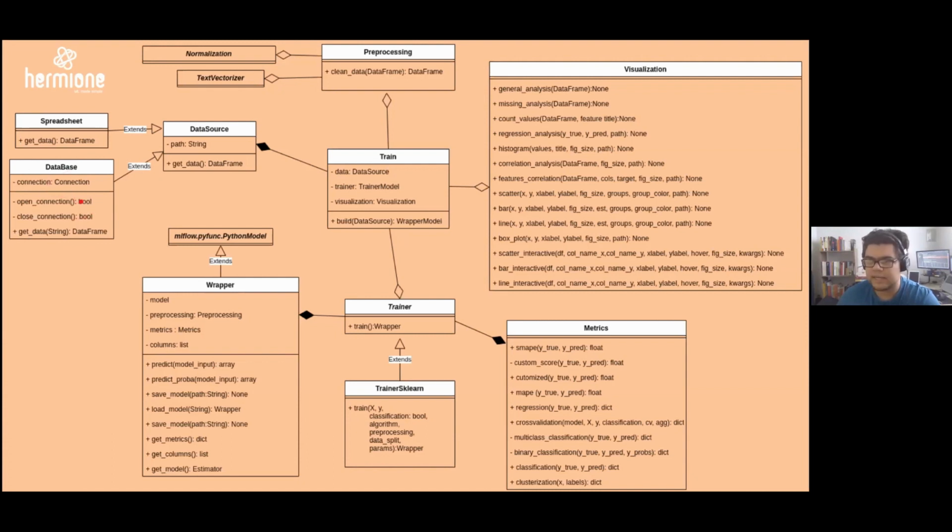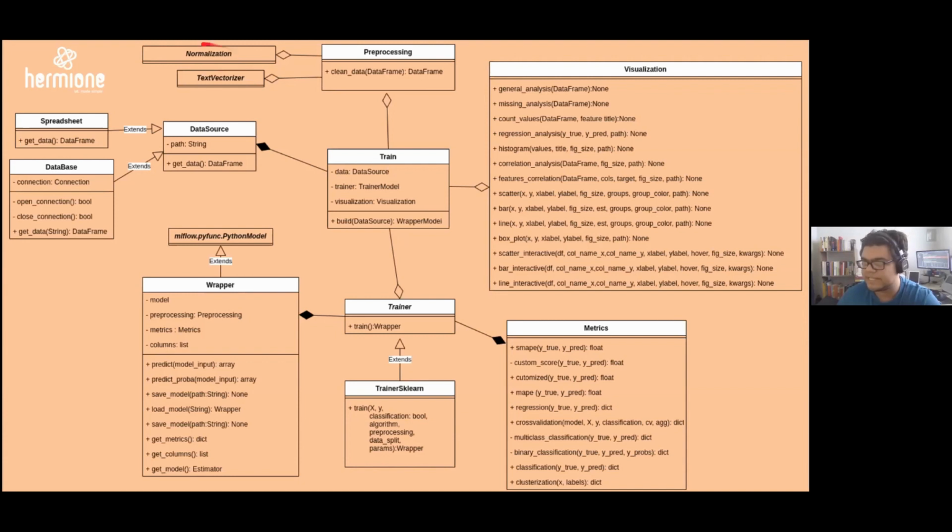Okay, so besides data source, we have another very important class, that's pre-processing, and all the pre-processing steps should be coded inside this class. So all the methods that you have, you can call this class and its methods to do it. I'm going to show you right away how we do it with Hermione. And attached to this class, we have some classes already coded.